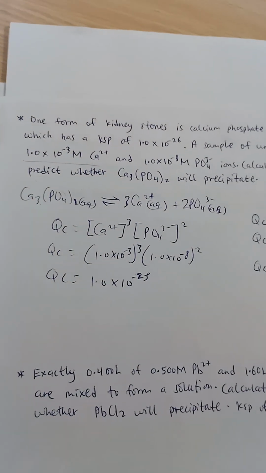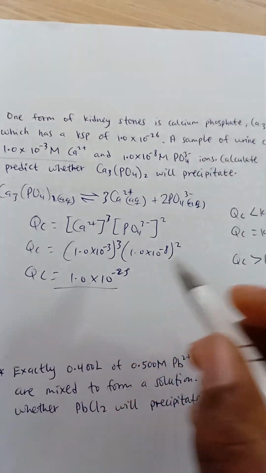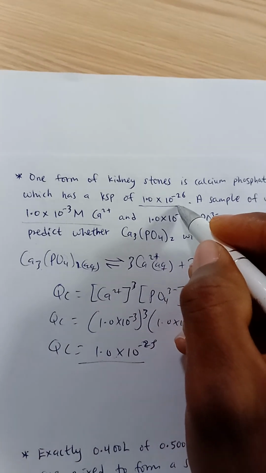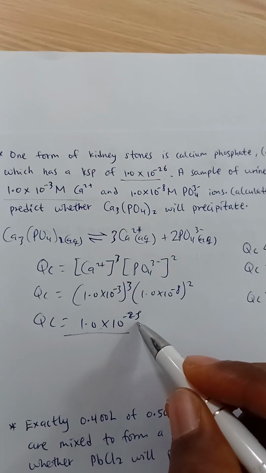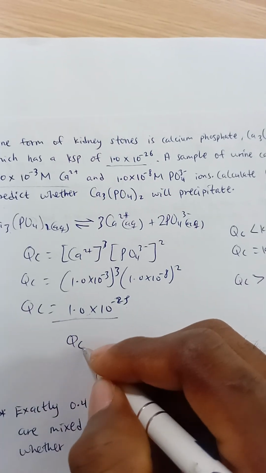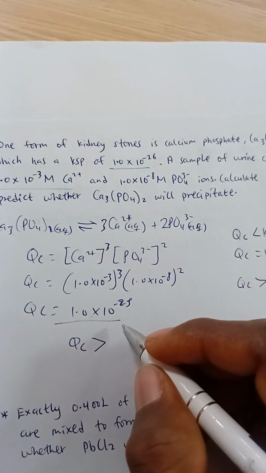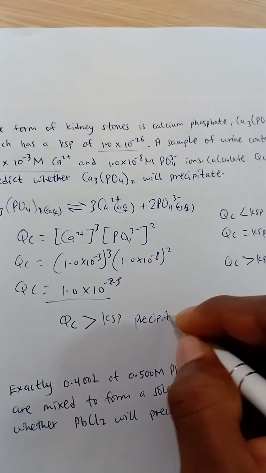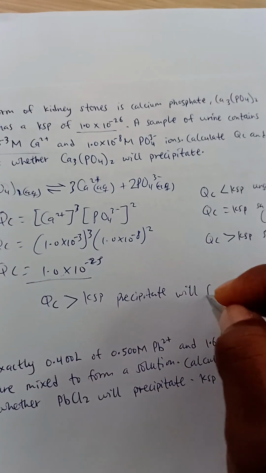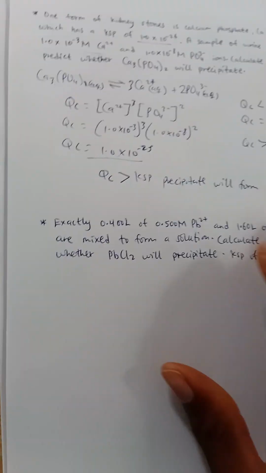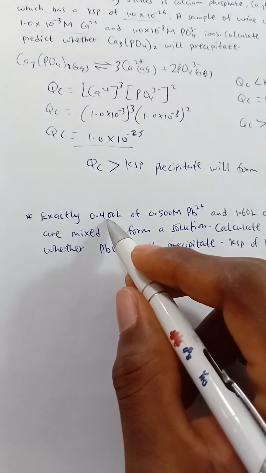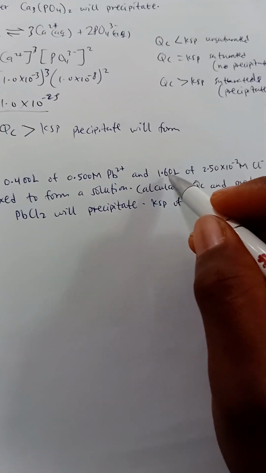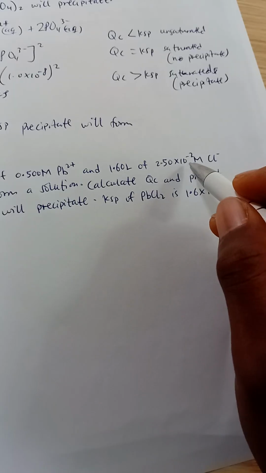So let's check. Ionic product. Where is the KSP? KSP is here. We are comparing this to this. We can see that ionic product is greater than what? KSP. So precipitate will form. That's it. Next question. Exactly 0.400 liters of 0.500 molar lead 2 and 1.60 liters of 2.50 by 10 to